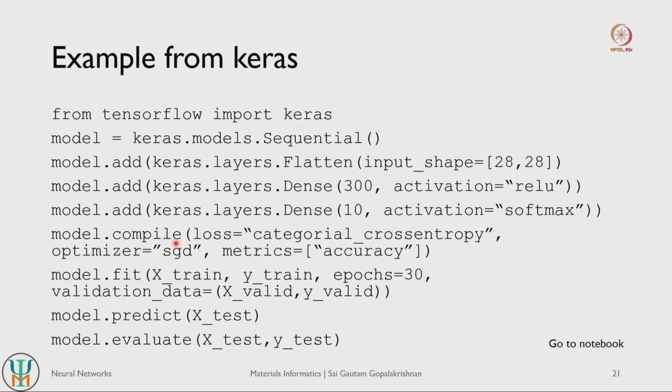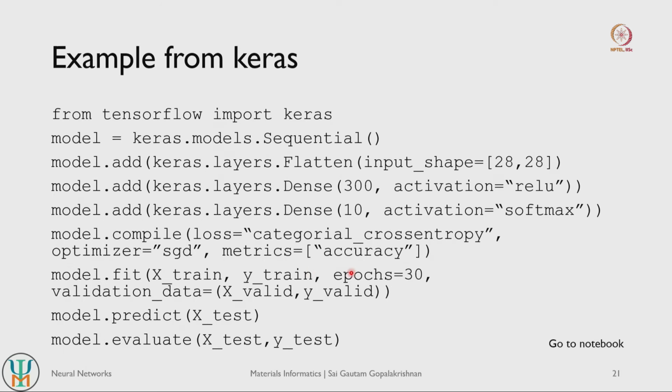The important differentiator with respect to classical machine learning models is that you need to add this compile function after you create an instance of your model. So you compile your model before you fit it. During compilation you give what loss the model has to minimize, what kind of optimizer it can use, and what type of metrics you need to track during training of your model. And once you have compiled your model you can then fit it using your training data sets.